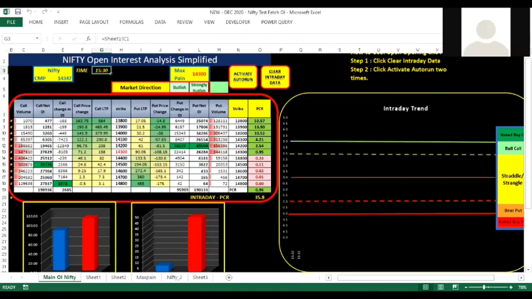Pankaj, Manish Bali this side. Hanji, Manish ji. I want to know which version of Excel this Excel file supports, because I'm using 2007. It is not supporting. So 2010 onwards it will support.